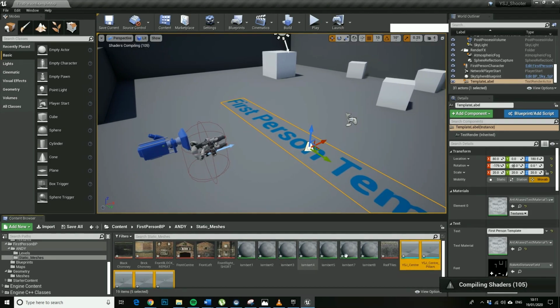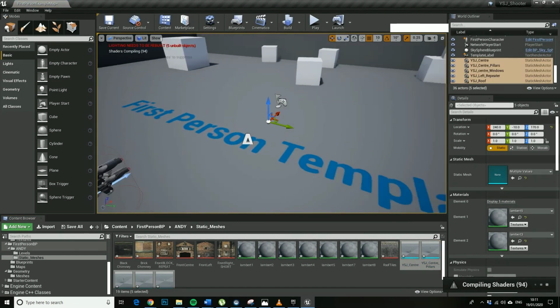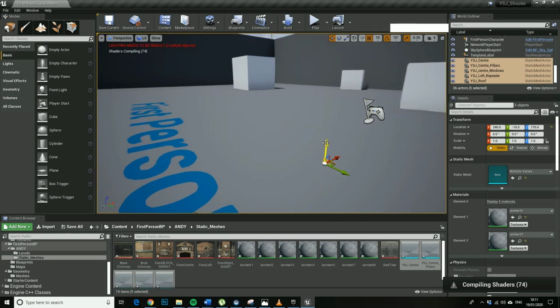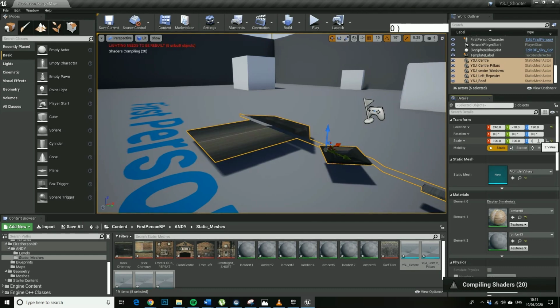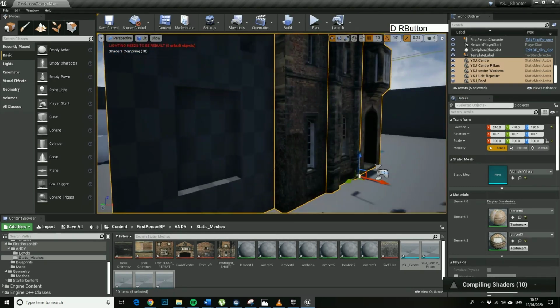So these little tiny molecular pieces over here are actually the environment pieces I created in Maya. I'm not entirely sure why the scale is so far off, but either I haven't ticked something, or this is a common mistake and you need to change the scale as you're outputting from Maya. But anyways, all I'm going to do is go over to the detail section of the object and just change the scale to 100 in all the axes, and then if we fly around the front,